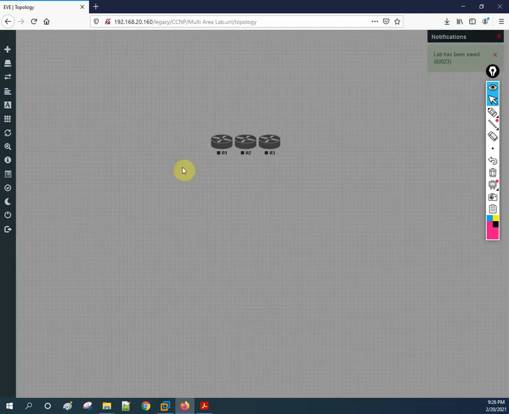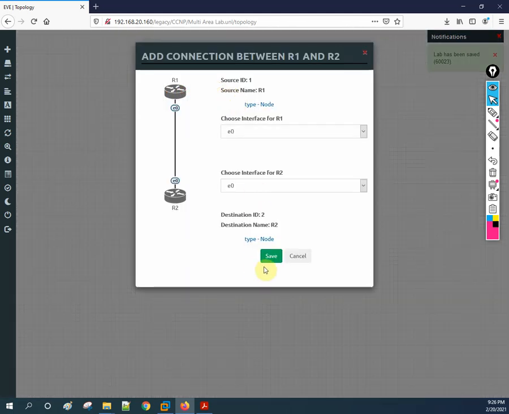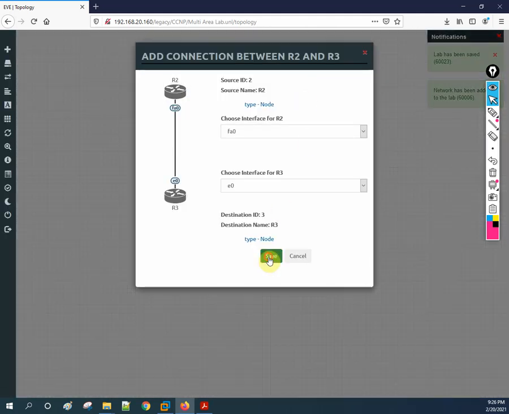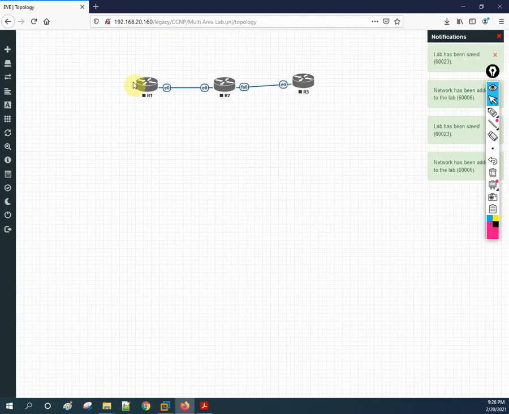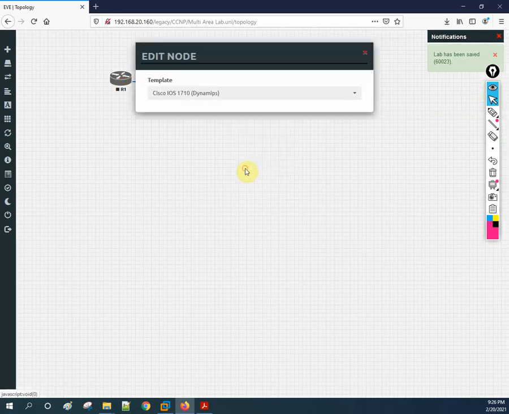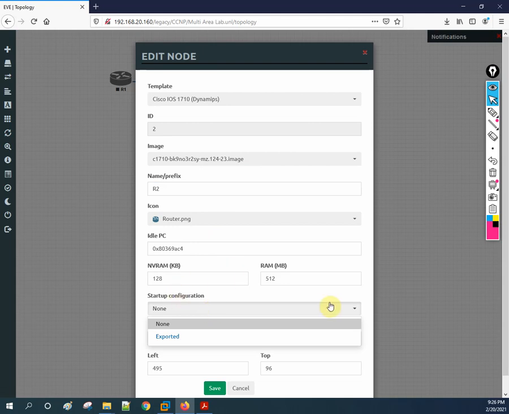So now, these are 3 routers, and we are going to do the multi-area lab. I will take E0/0 here and E0/0 here. Now let me give the IP schema so you will have more idea about it. Or if you want, we can increase the interfaces or take another router.